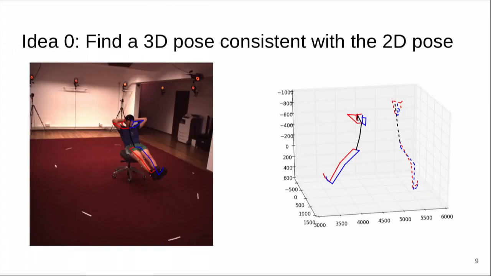So let's discuss a few ideas about how we can do this. Right, idea 0, definitely not a paper in this. We'll just discuss it very quickly because it will help the other ideas. The idea is, well, if we know where the points are in 2D, let's just find a 3D pose which is consistent with that 2D pose. Right, and let's just optimize however we want. I think you can do it with a least squares one step, bam, it's just convex. The idea is we just start anywhere and we move our 3D pose until it lines up exactly with